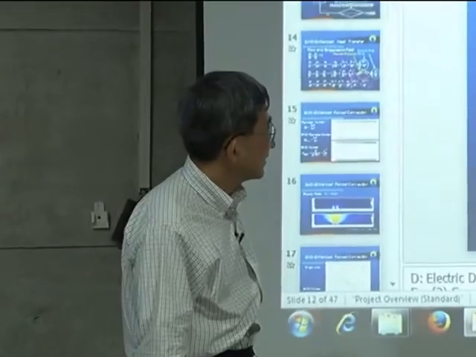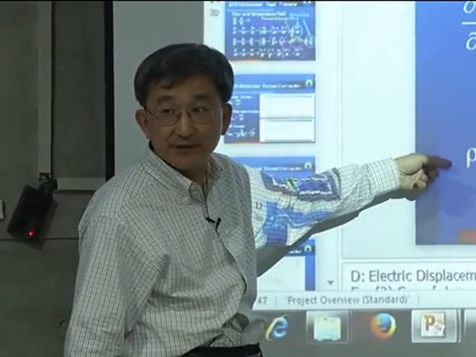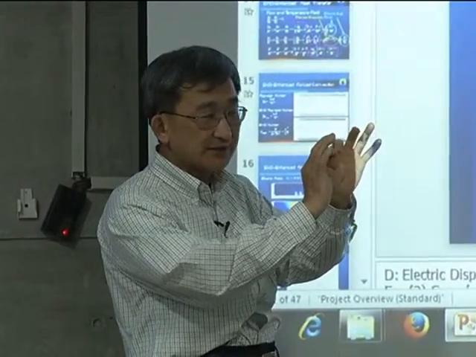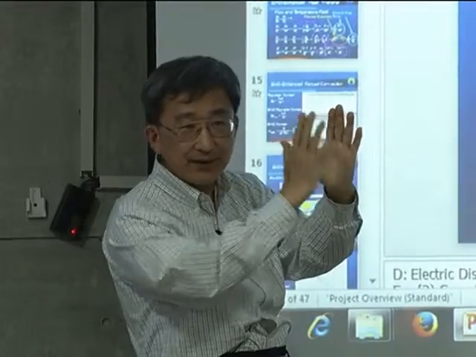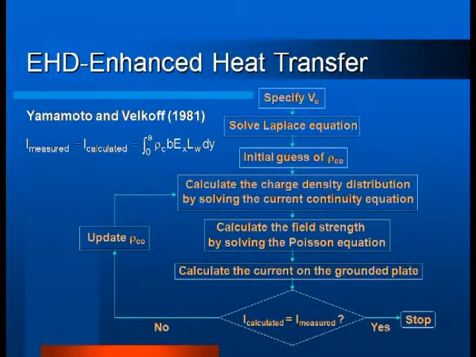You can see this is a Poisson equation, but this one actually is what? The wave equation, okay? The charge is distributed from one point and goes downstream. So we need to know the charge value at the source. That is something I mentioned: to do this, we have to know the value of the charge density at the